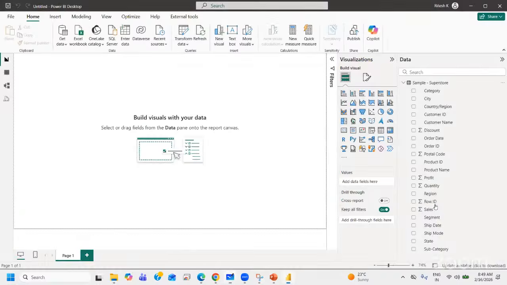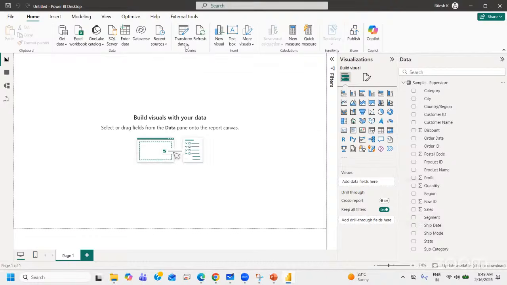Now, if I just go back, there are dates. Order date is there, shipment date is there, but why is there no date icon available? What happens is sometimes Power BI may not assume some date columns as date only. It may not be able to understand the date column, right? Sometimes it would happen that way. So in that case, if it is not able to understand that it's a date,